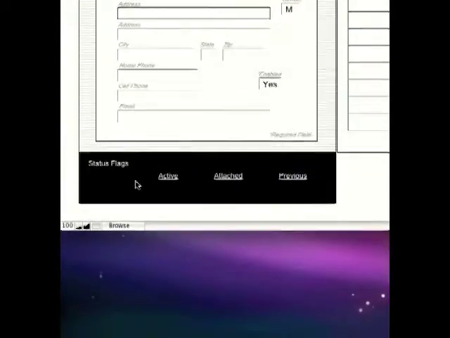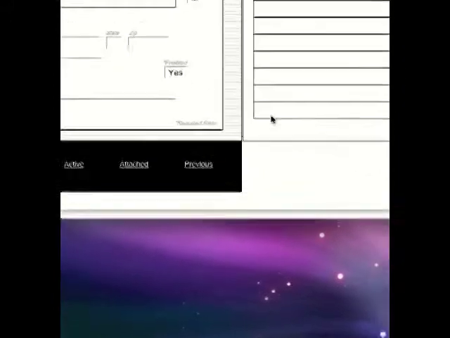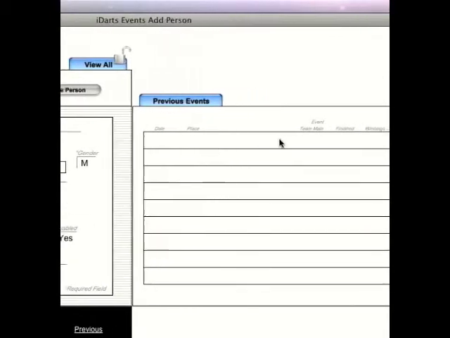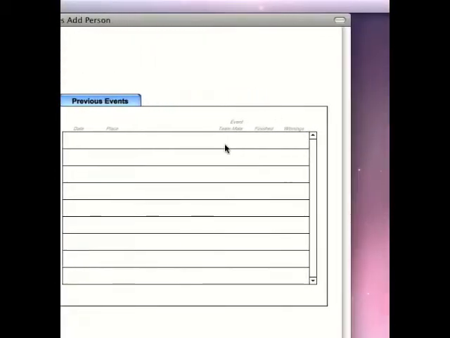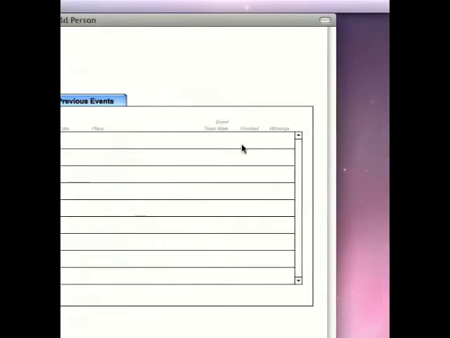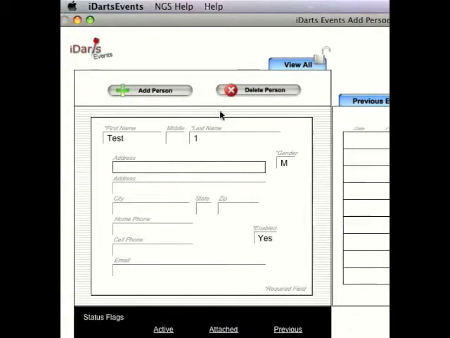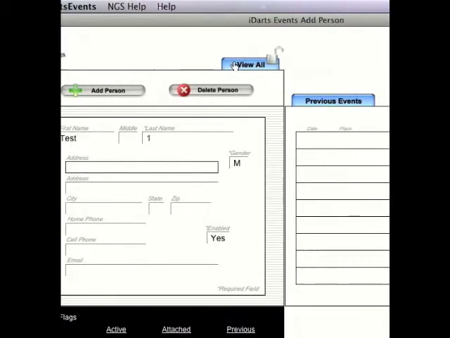You will also notice that we have the normal status flags as with every one of the places and events. You have that same thing as people. You also now have the previous events where you can see the previous date, previous place, event, and teammate's name, where you finished, and the winnings. So we're going to go ahead and just click view all,